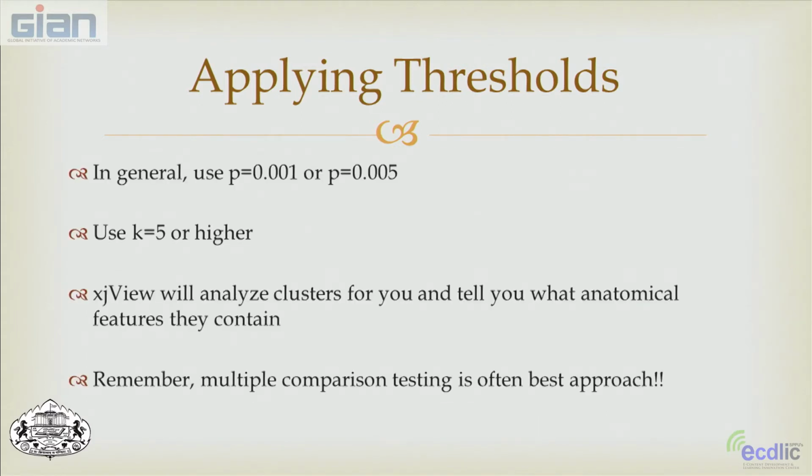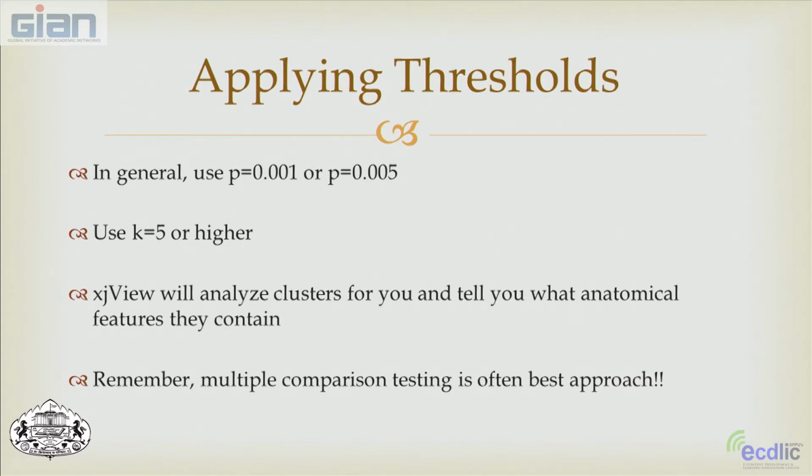So what's the best threshold to use? This is a good question. It depends a lot on what you're looking at and your task. But in general, if you're going to publish something in fMRI, you need to have a p-value of 0.001. Sometimes you can get away with 0.005 if it's an exploratory study. And our cluster size, we generally restrict to 5 contiguous